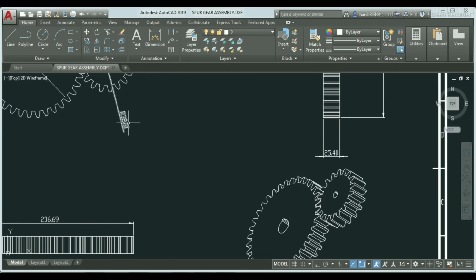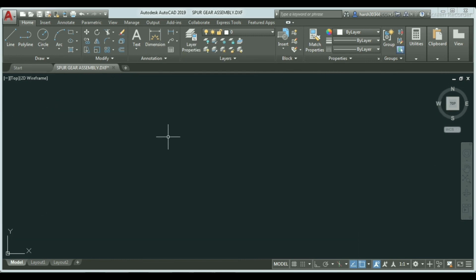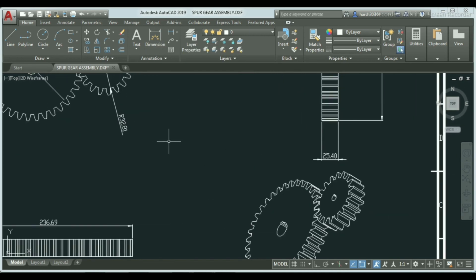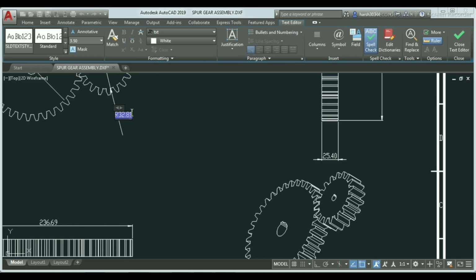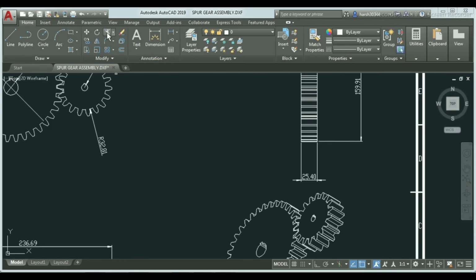You can change these dimension values from dimensions, or you can edit or delete this. If I double click on this, you can delete also. So I am clicking on delete. You can add this also. If you want to delete this from here, there is an option trim.